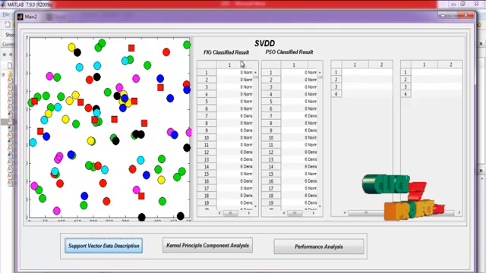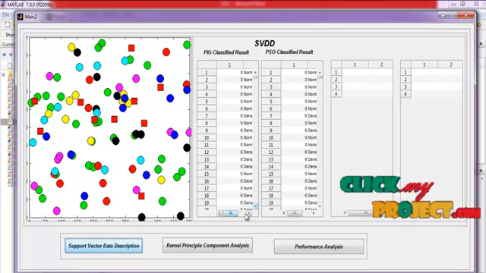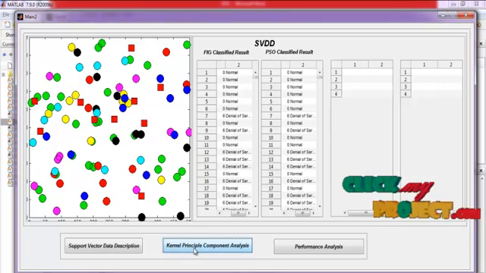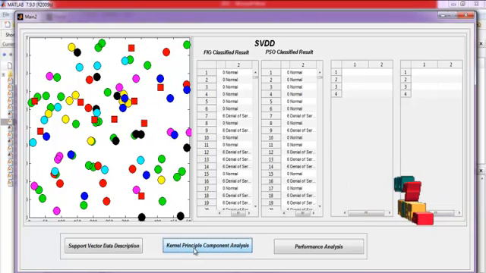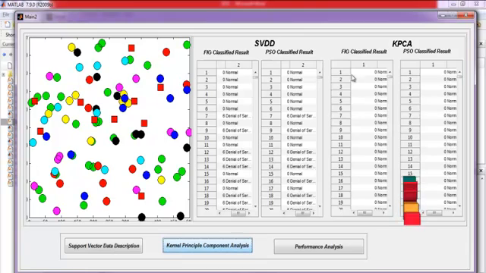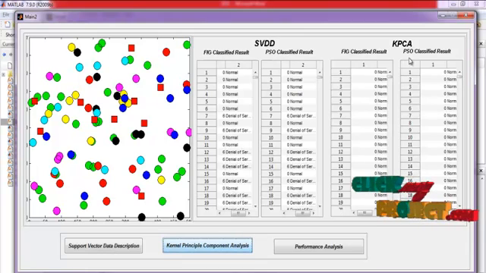Here, the FIG classification result and PSO feature selection result have been obtained, and after that kernel principal component analysis classification will be performed. By pressing the kernel principal component analysis button, you can perform the classification for our FIG feature selection result and also the PSO result. By pressing the performance analysis button,